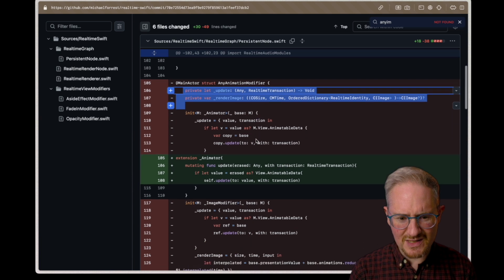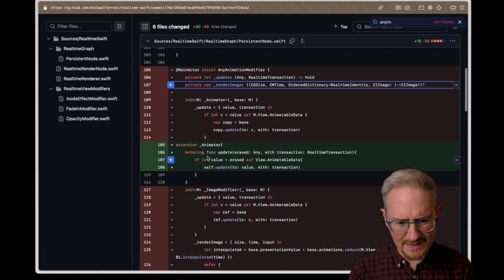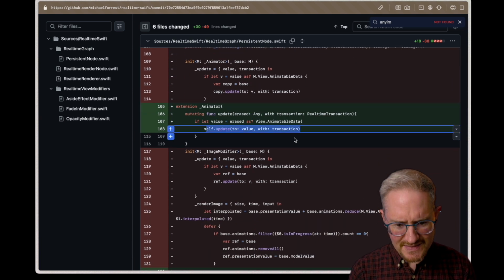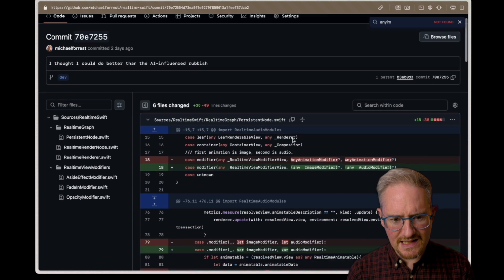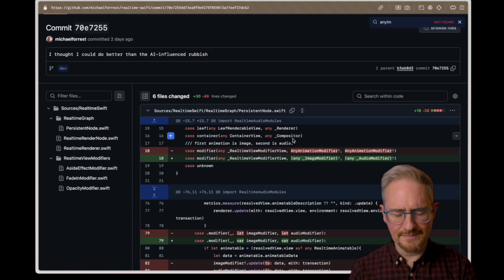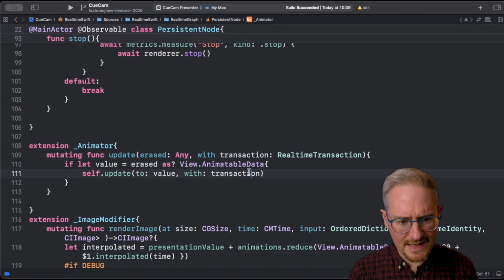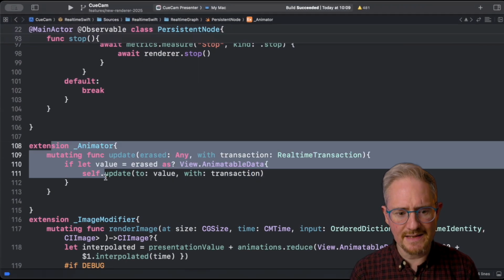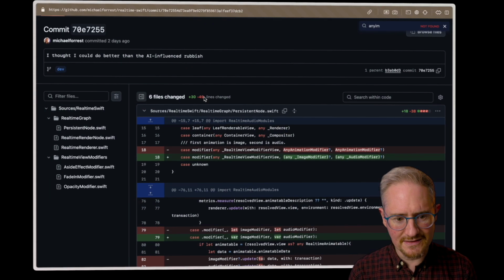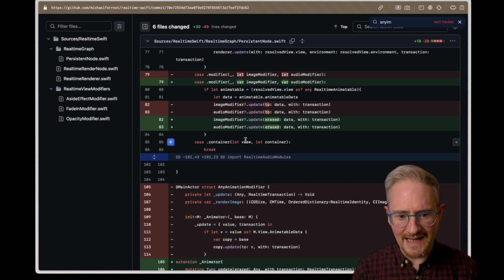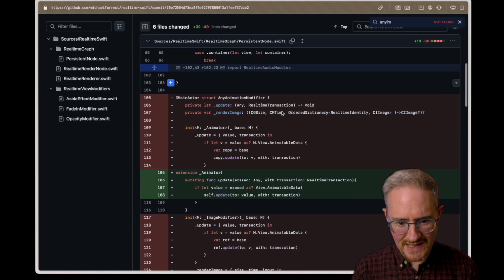And then I thought, well, to do the same thing with render image, I've got to make two functions, update those. What the heck is all this? And then I realized, no, I just have to extend Animator and have this type erased any, and that's all this is doing,